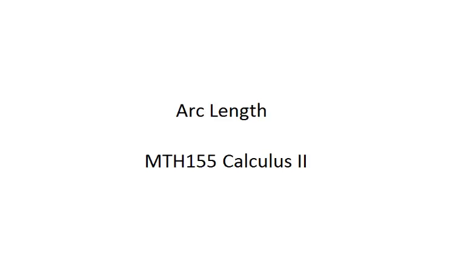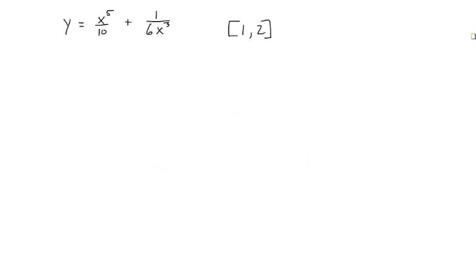In this video, we're going to take a look at how to calculate arc length. In the first example, we have y is equal to x to the fifth over 10 plus 1 over 6x cubed. And we're going to look at this arc length from 1 to 2. So the formula, when we have y is equal to, is going to be L is equal to the integral from a to b of the square root